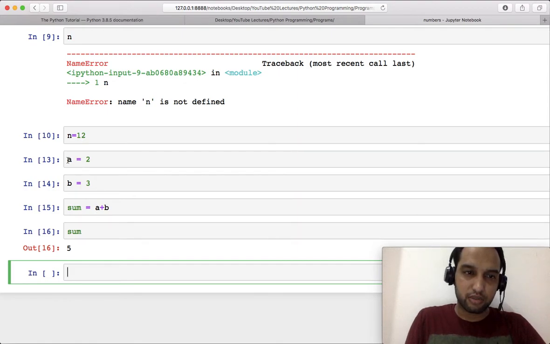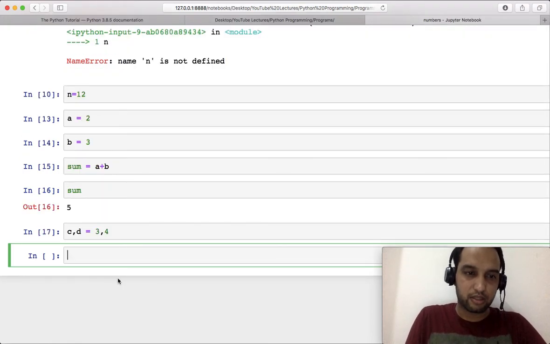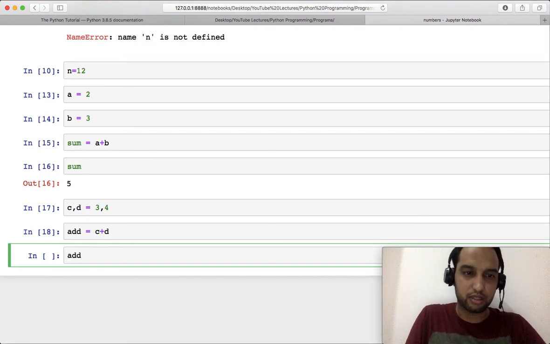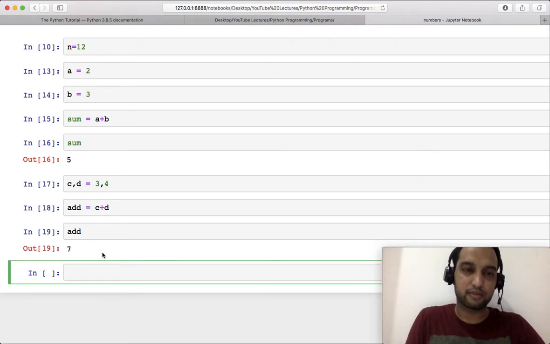Other than this, if you have assigned a equal to 2 and b equal to 3 in different statements, you can also do like this: a comma b equal to 2 comma 3, or maybe you can take some other variable so that it doesn't give any confusion to you, and also change the numbers. Now c and d are 3 and 4. You can take a variable add and add them. Now see the value of add, and it's 7.